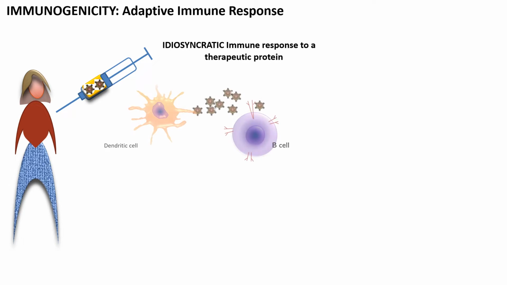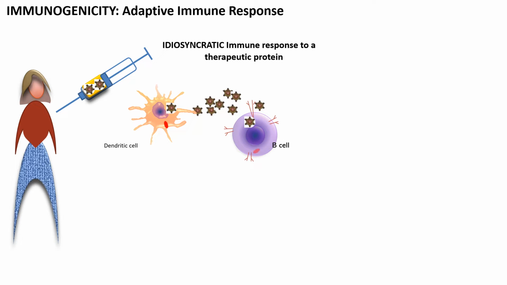Immunogenicity is an idiosyncratic immune response to a therapeutic protein. So when a patient is injected a drug, their immune cells may perceive some of these drugs as danger signals. Now, an important concept here is that not all the time a drug is perceived by everybody as dangerous. The same drug could be perceived as perfectly normal by many people, and then a few people may react to this drug as dangerous. For some reason, the sentinel cells that we have circulating see something in the drug that